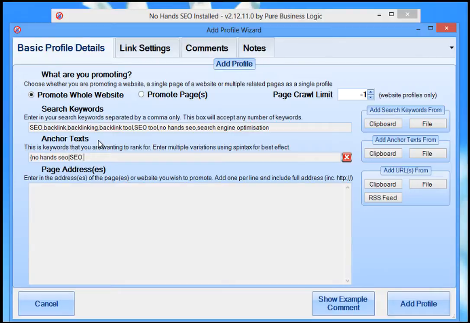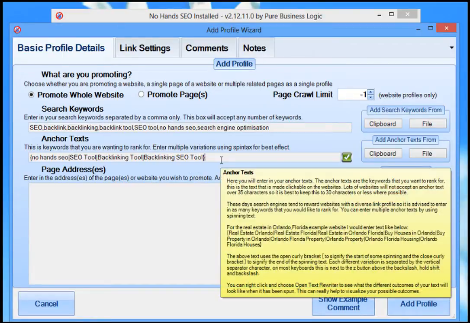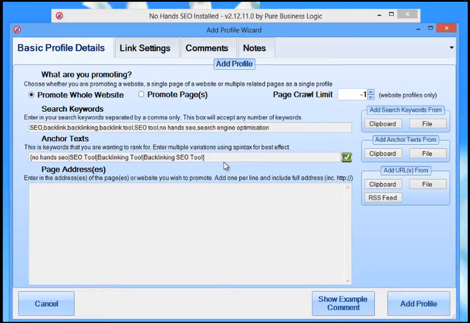So then I'd put in things like SEO tool, that's what I want to be ranking for, or backlinking tool. I'm just using these as an example. You may have a list, you may not. So with the anchor text, if you're unfamiliar with spinning, with the anchor text and the comments, this goes for all the controls in No Hands, not just in the Add Profile Wizard, you can right click on them